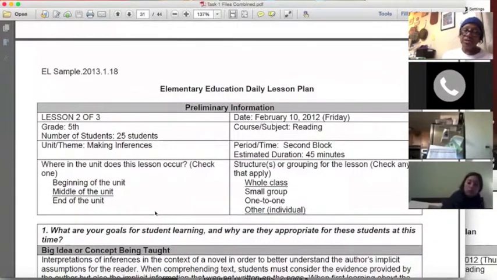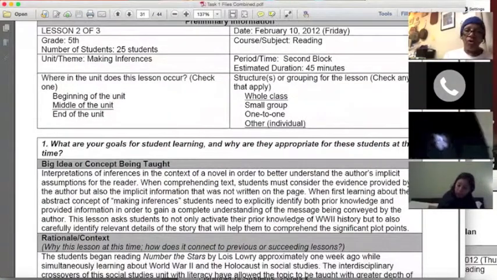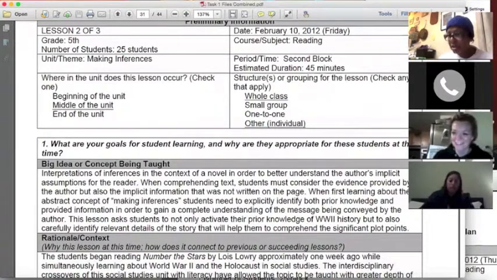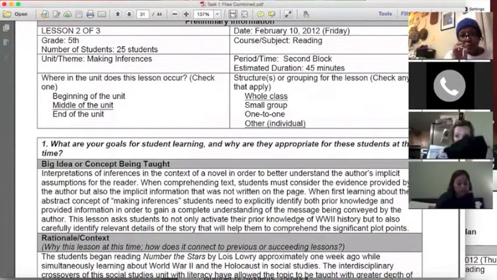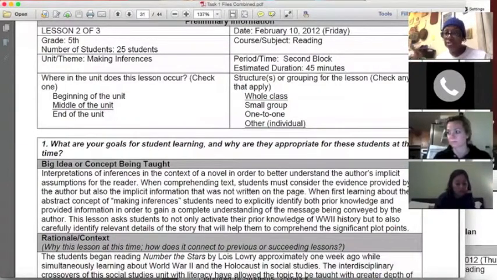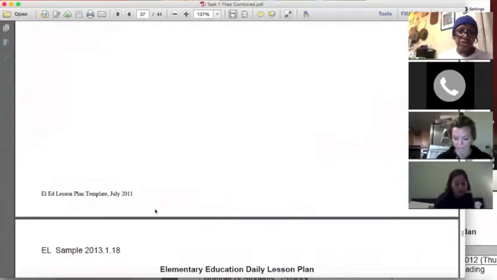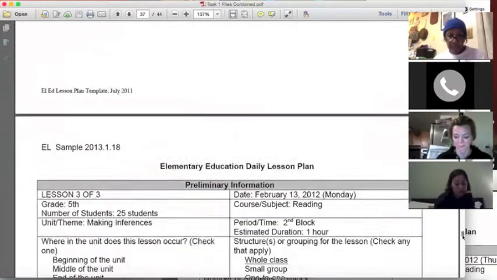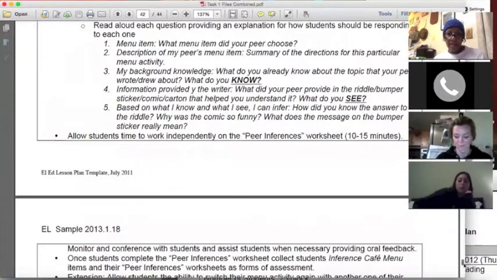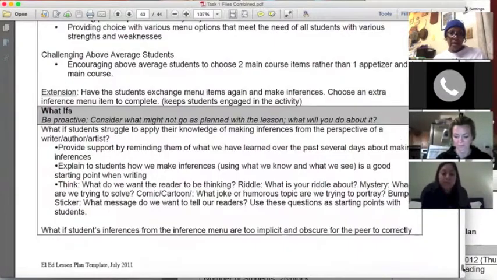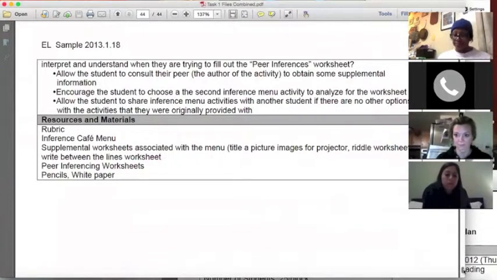And then you go into lesson number 2, because this is a 3-day lesson, and you have to do the whole thing all over again. Make sure that as you are writing these lessons, they can see the build from lesson 1 to lesson 2, lesson 2 to lesson 3, how they link together to reach the overall objective. And then she does it for lesson 2, lesson 3. This is lesson 3. And then I get to stop talking because that was the last lesson. Okay, so